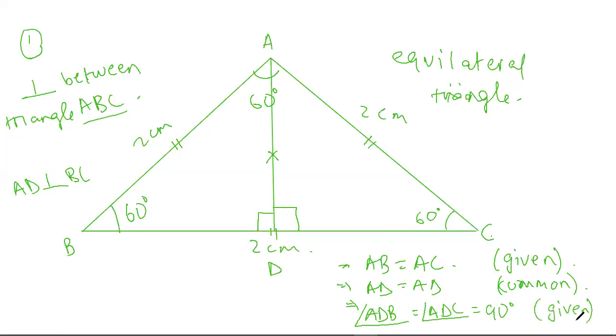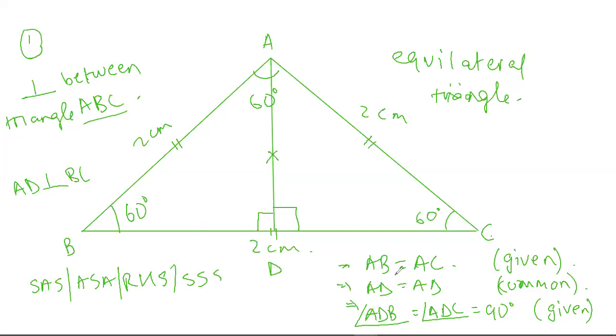So what do we conclude by this? What significance does it give us? The significance that it gives us is that one of the laws, there are 4 laws in congruency: SAS, side angle side, ASA, angle side angle, SSS, side side side, and RHS, right angle, hypotenuse, and side. In earlier standards, you must have learned how to prove that a triangle is congruent.